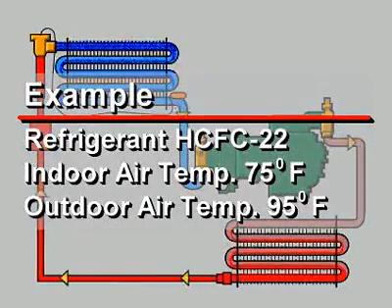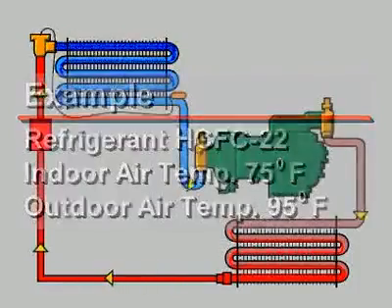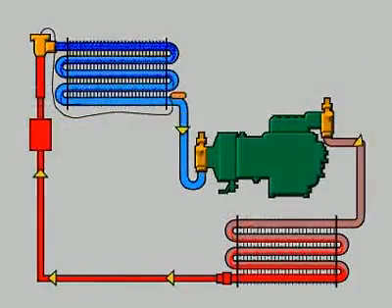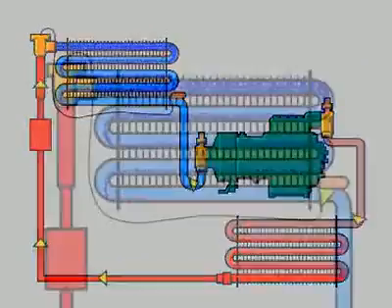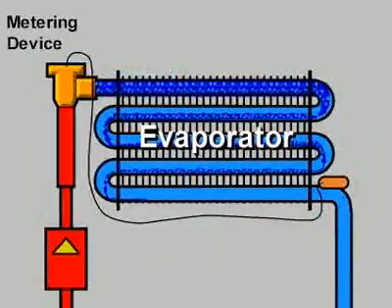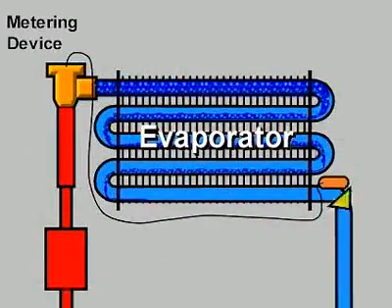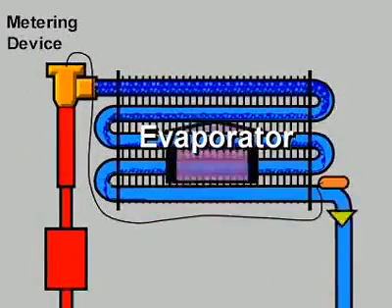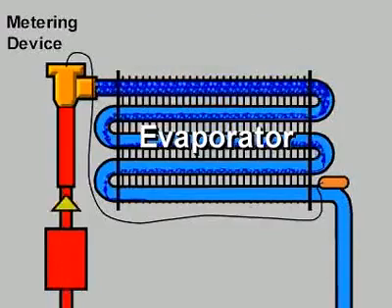The indoor air temperature is controlled at 75 degrees, and the outdoor air temperature is 95 degrees. In this example, we'll follow the refrigerant through an entire cycle, starting at the evaporator. The evaporator is a plate fin coil with copper tubes. The indoor air to be cooled flows between the aluminum fins and over the copper tubes, while the refrigerant flows